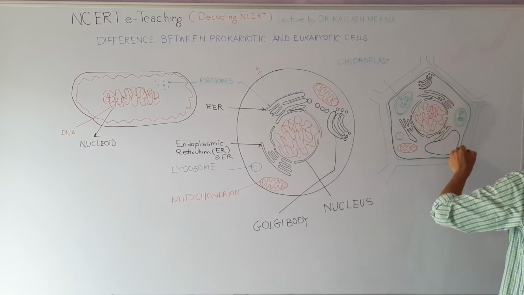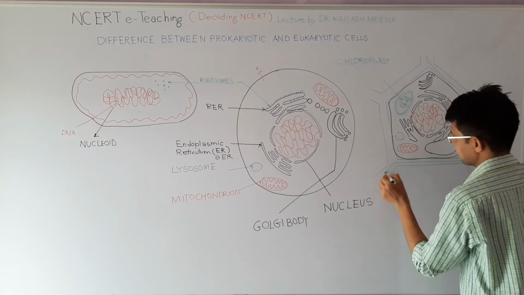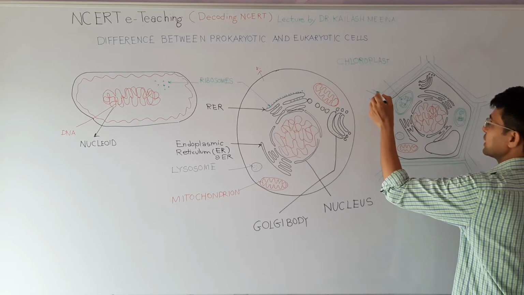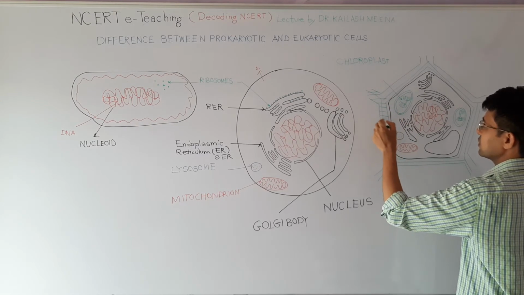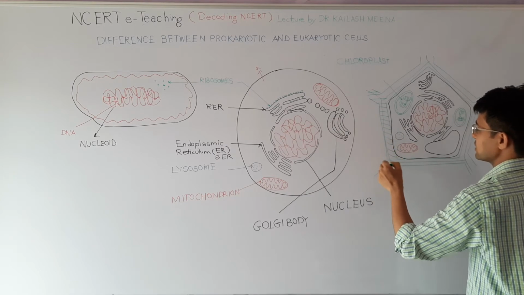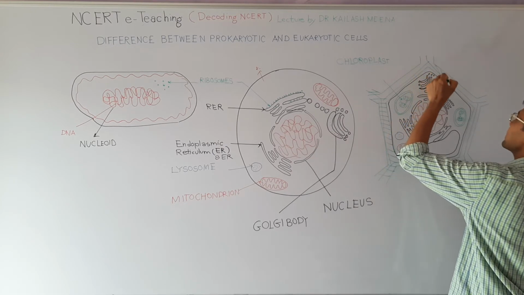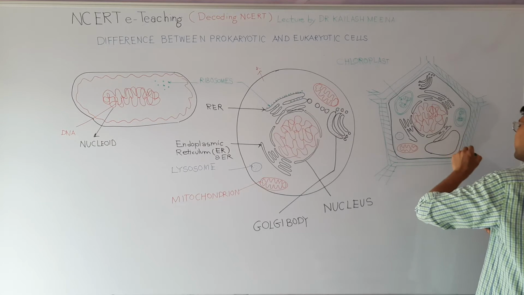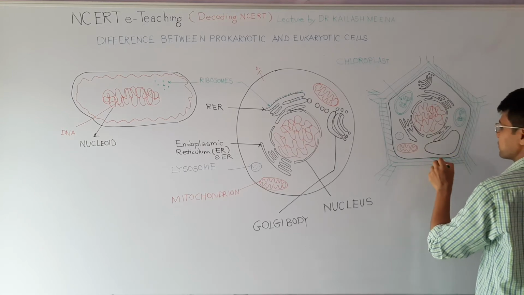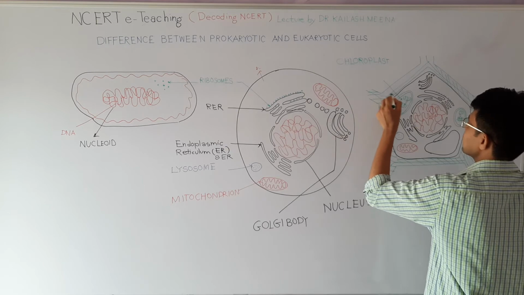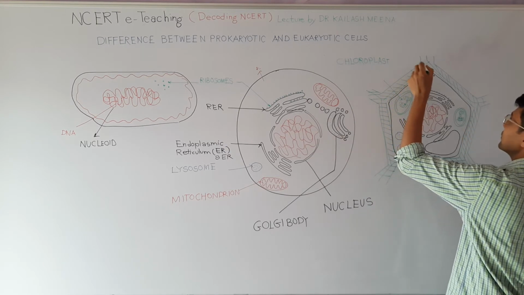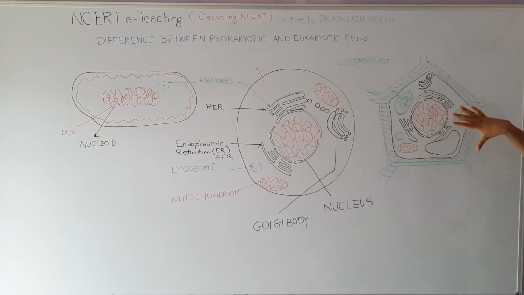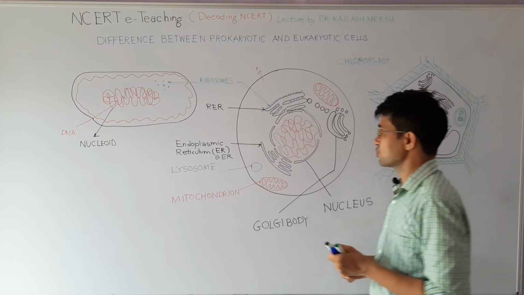cell wall. So plant cells, here in this lecture we will discuss only the differences between prokaryotic cell and eukaryotic cell, but I made a plant cell to give you an idea that eukaryotic cells may be of many types. Plus when we discuss cell organelles or chloroplast, it must be clear to you that chloroplast we will find only in plant cells, or there are some microscopic creatures also which have some chloroplast. So this cell wall only plant cells have, animal cells don't have this type of cell wall, and that is why you can see that plants are rigid, they can't move because of this rigid cell wall.